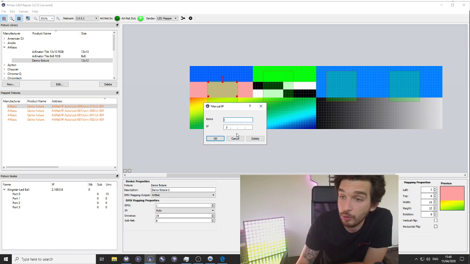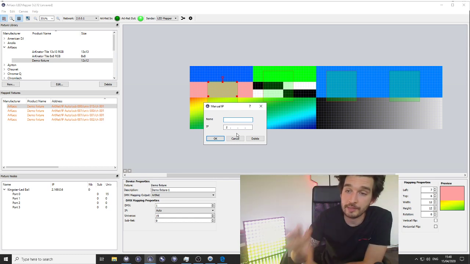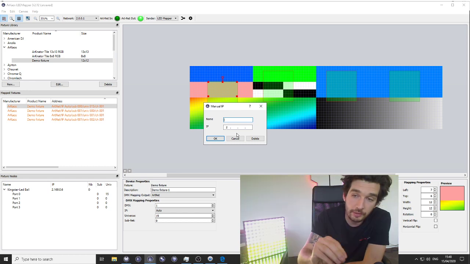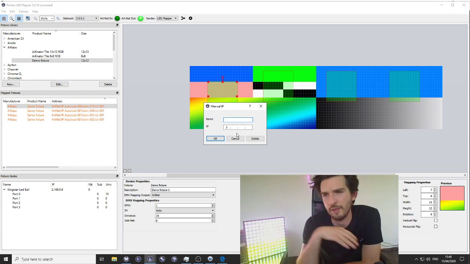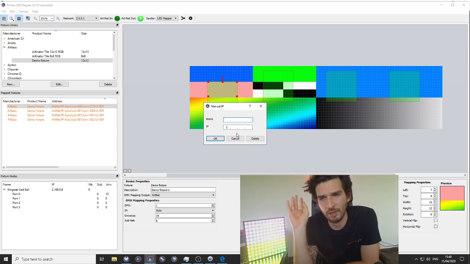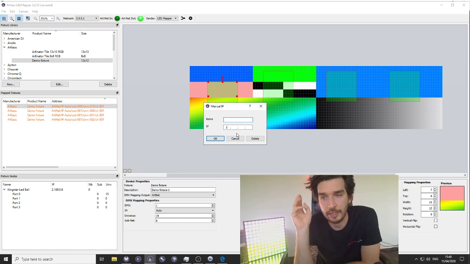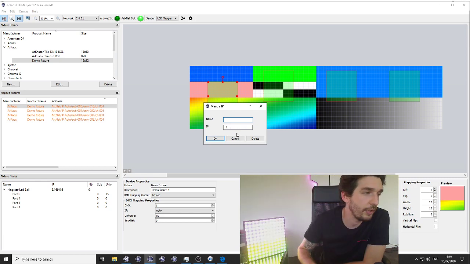Okay, or you are preparing your setup offline, you don't have the fixture there, but you know that you're going to have DMX nodes. From those DMX nodes you have 100 RGB parkins, and you'd like to unicast the information for those RGB parkins to that node and only to that node, because you have 2 desks on the network, you have a Luminex fiber extender, something like that. You'd like to optimize the network, so you can just send the package to your node by entering the IP address of your node right here.